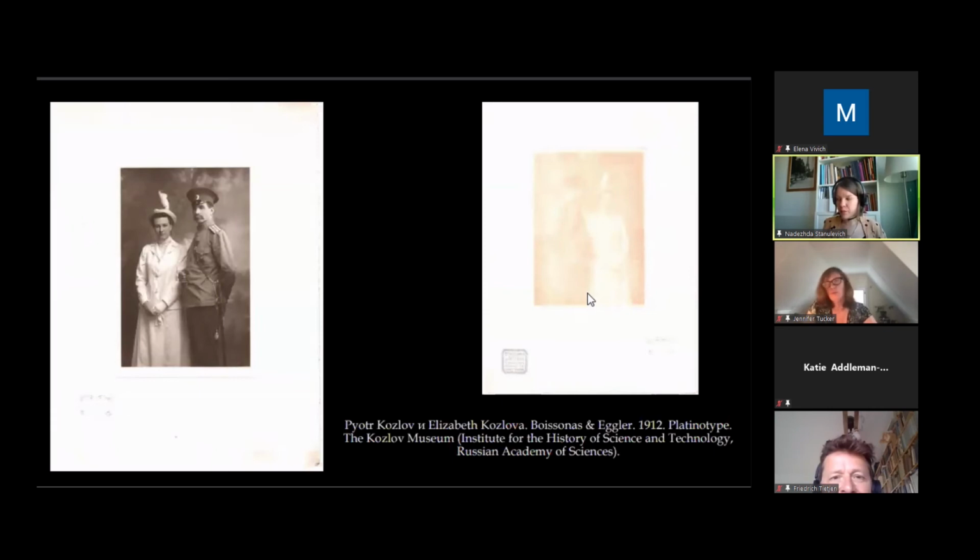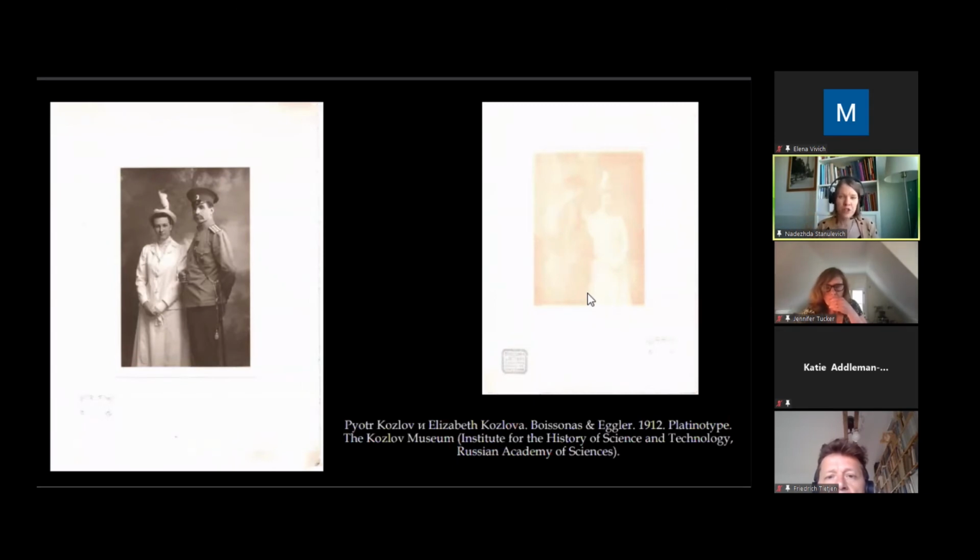A later example, when I saw something like one-layer structure printing in a Russian collection, is the marriage portrait of the traveler Petr Kozlov with his second wife Elizabeth. They had a marriage photo session in a photo studio on Aguilera in St. Petersburg in the 1920s, and the photographer used platinum prints in this case, and we can see the art processes in the photography museum